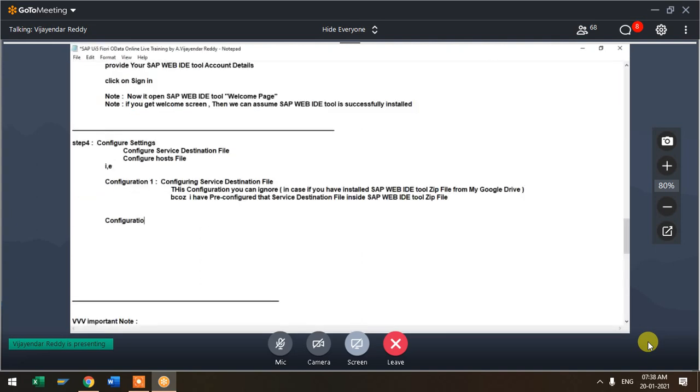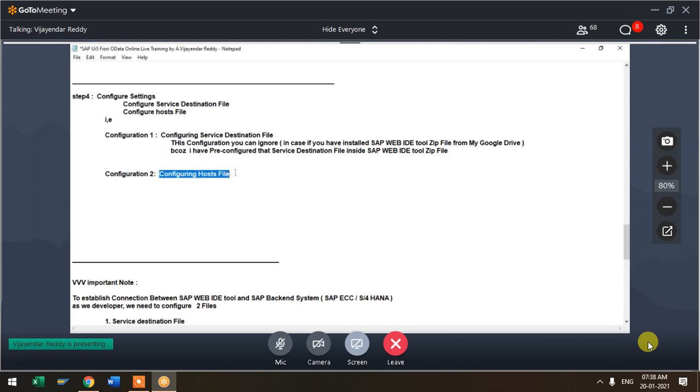That is configuration 2, that is configuring host file. So this is compulsory. You need to do it manually in your system. There is no pre-configuration. You have to do it explicitly. So how to do that? Here you can see